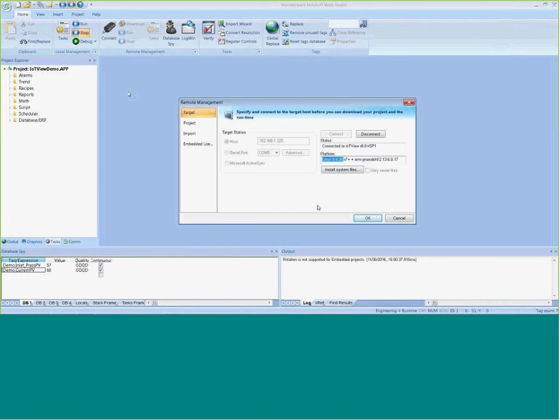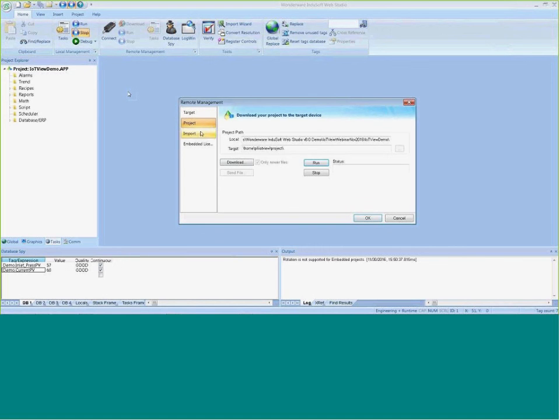For somebody who's going to be mass producing these types of devices, you could copy your Linux image with all of this installed, with your project already downloaded, and then just make a copy of your image and deploy those that way. So all of these steps don't have to be done every time if you're making a production type device. So now I'm going to connect up to this project and